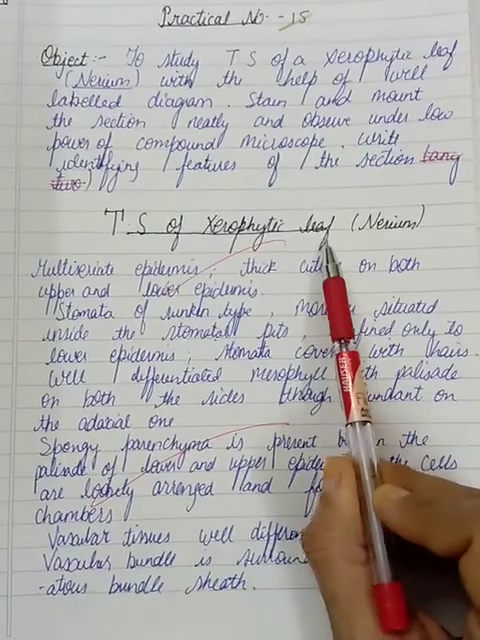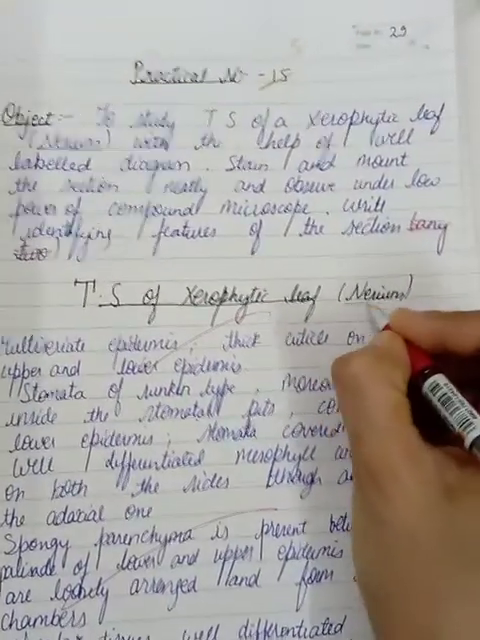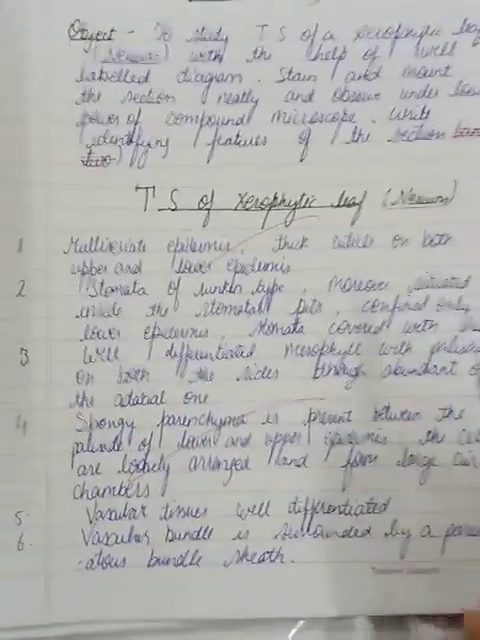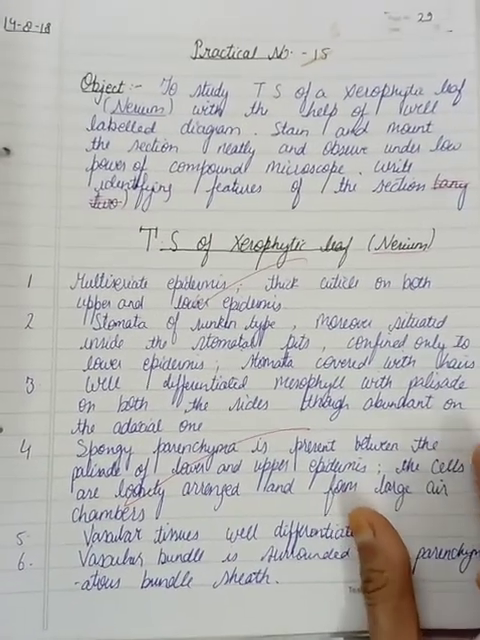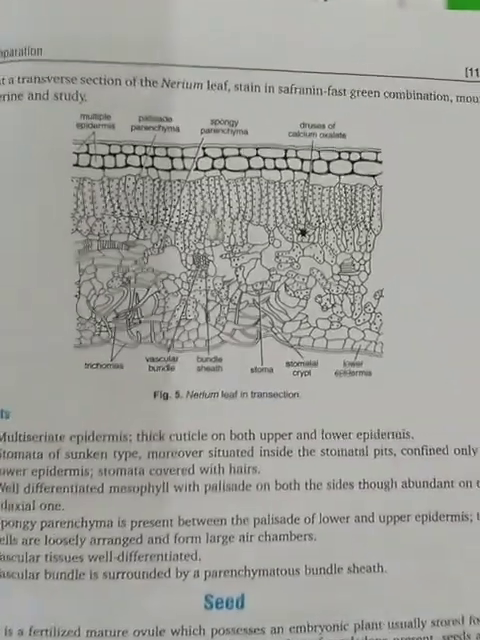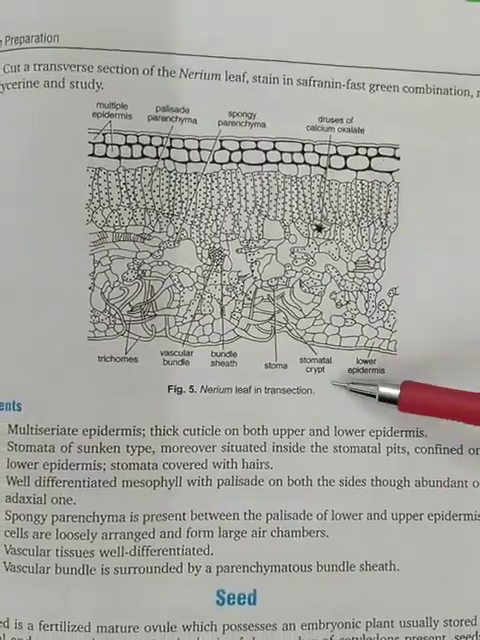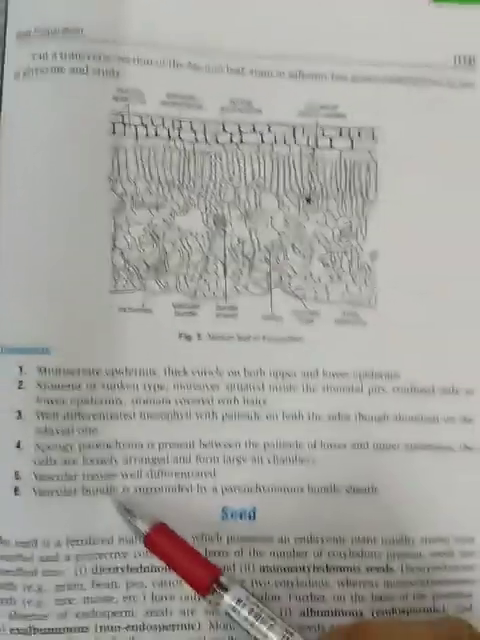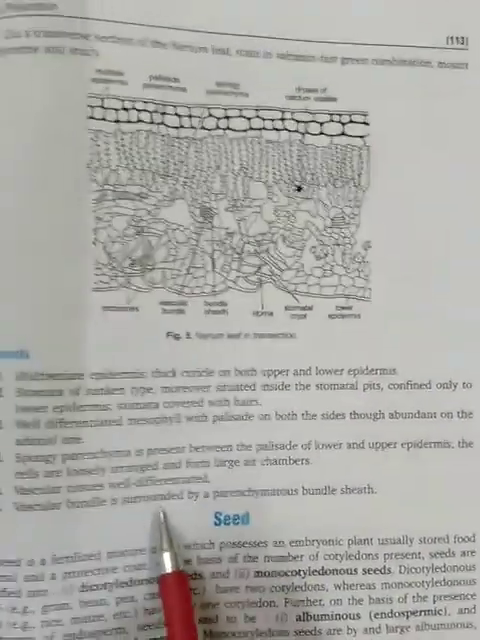TS of xerophytic leaf, in the bracket Nerium, well underlined, it's a scientific name. Then again this work also will be over on one page, and the diagram which I'll be posting from the book. So in your textbook, children, it's at page number 113. All you have to draw is only this simple diagram and 5 to 6 details about characteristics, like